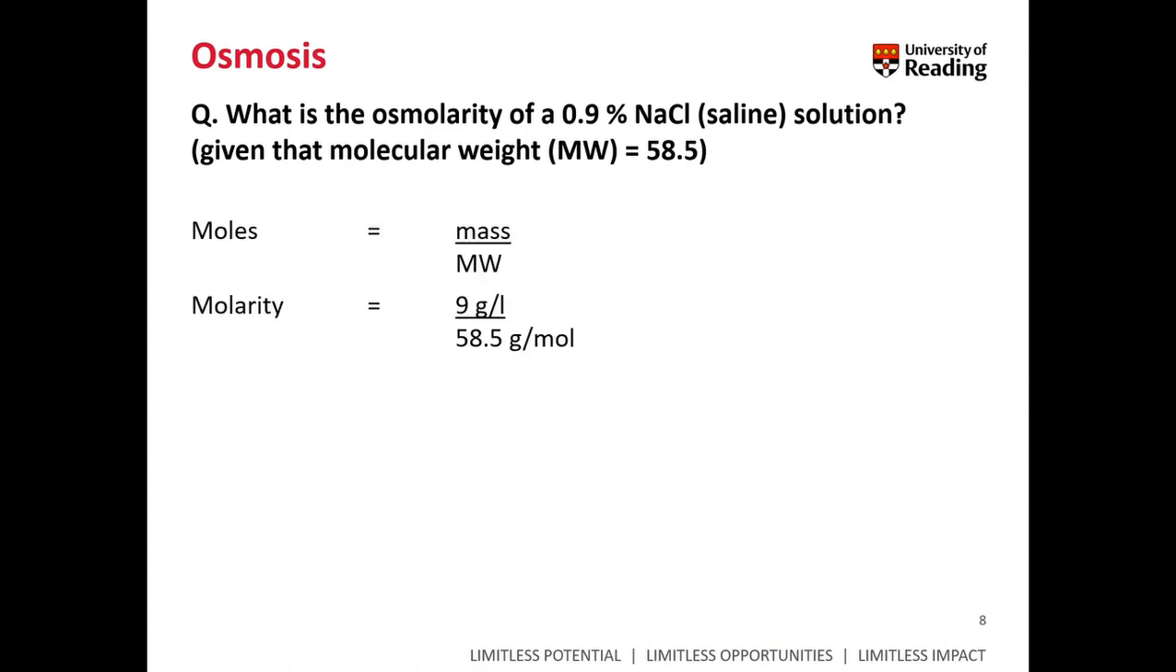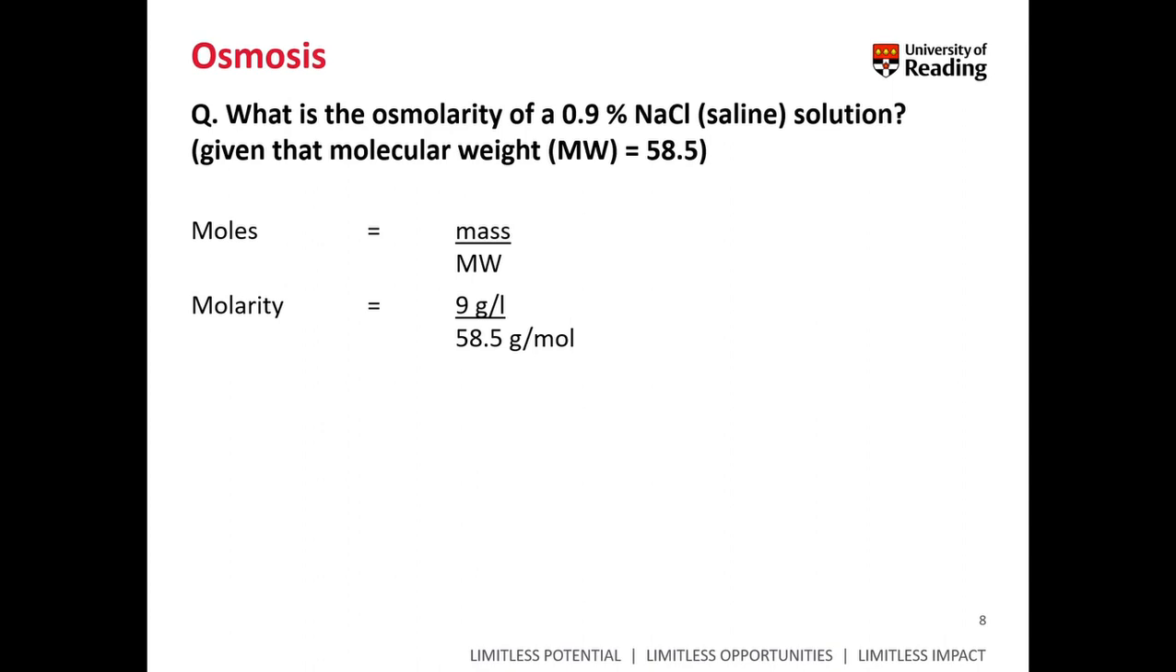So the molarity is equal to the mass divided by the molecular weight. Well, the number of moles is equal to the mass divided by the molecular weight, while the molarity is equal to the number of moles per liter of solvent. So